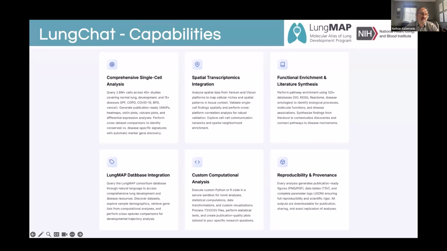This LungChat platform can directly interface with lungmap.net and ask questions about specific donors, what sample types and data types exist for different donors, which data sets and technologies exist, or where cell types are present. So there's this robust API connection to LungMap where there are questions for data visualization. Basically, in addition to hosting these large single cell data sets, we have well-established Python and R code for dozens and dozens of different functions.